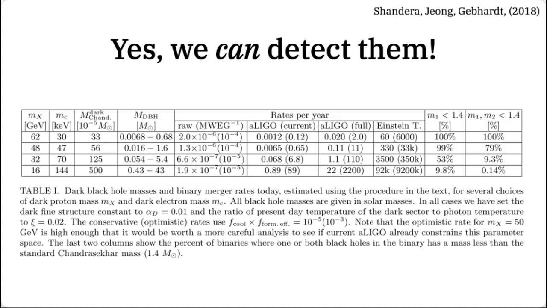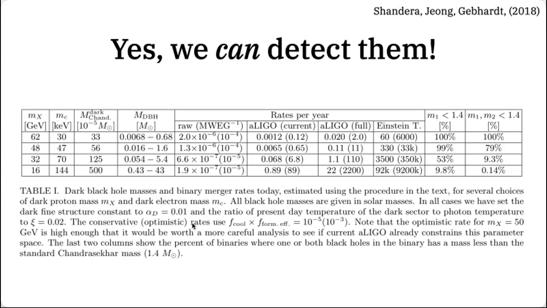This is very analogous to the fact that not all baryons we have ended up in stars, right? So we have some fraction of baryon, some fraction of atoms locked in the stars. That fraction we also treat as a free parameter. If you say that's 10 to the negative 3, then that's the optimistic case. 10 to the negative 5 is a pessimistic case. Depending on that, we expect a couple of events even for the current LIGO, right? If our proton mass is about 16 GeV and the electron mass is about 100 keV. I mean dark matter.